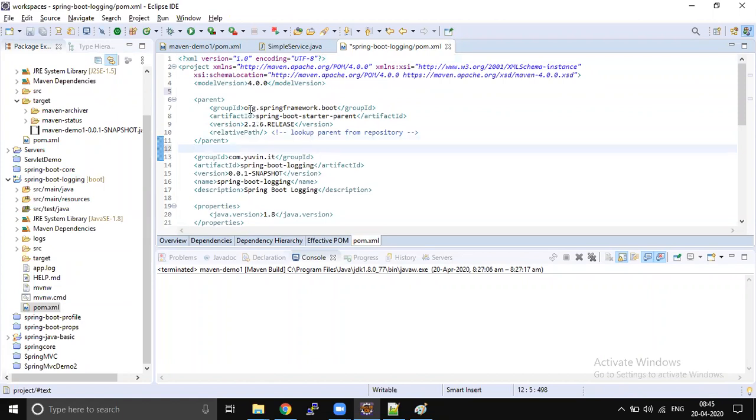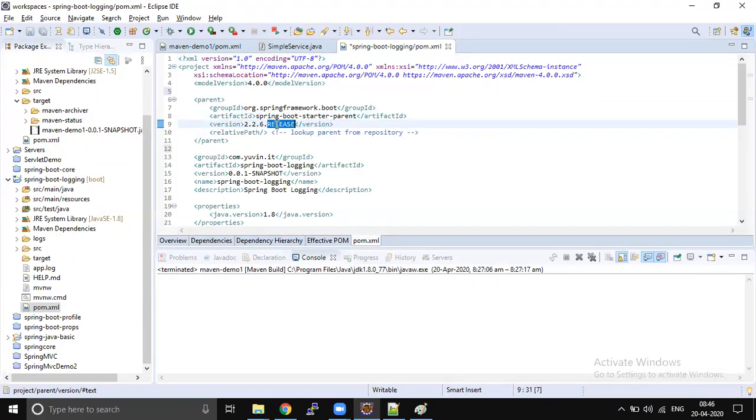Here the group ID is org.springframework.boot, the artifact ID is spring-boot-starter-parent, and the version is 2.2.6 release. What version you want to use is decided by your project architect or senior lead. Most probably we always start with the latest version of Spring Boot. Now the latest most stabilized version is 2.2.6, that's why we are using 2.2.6 release.